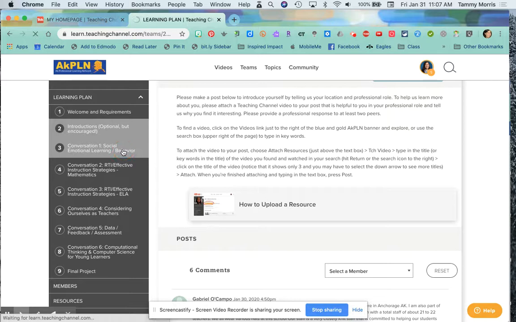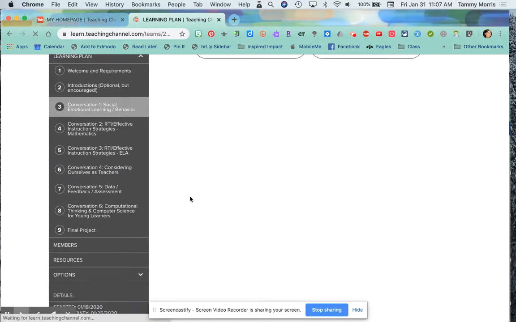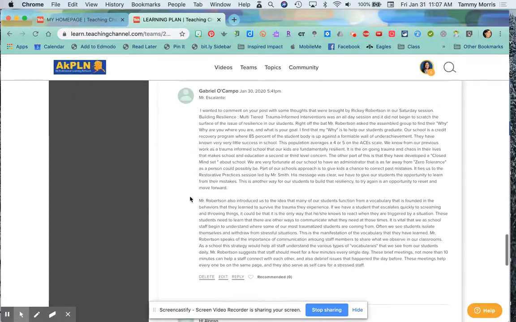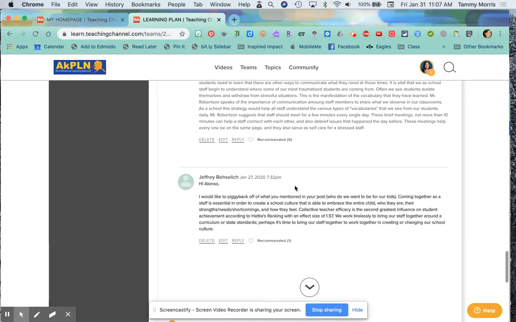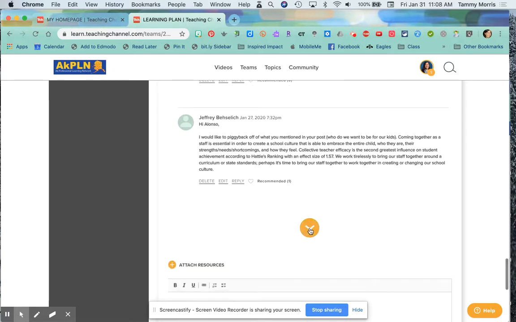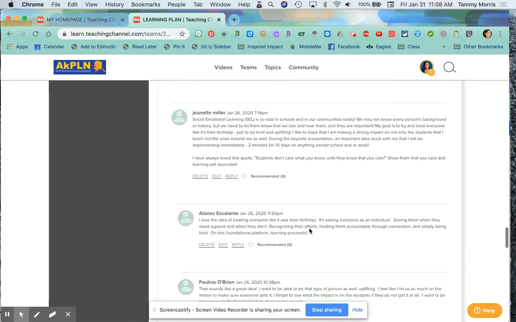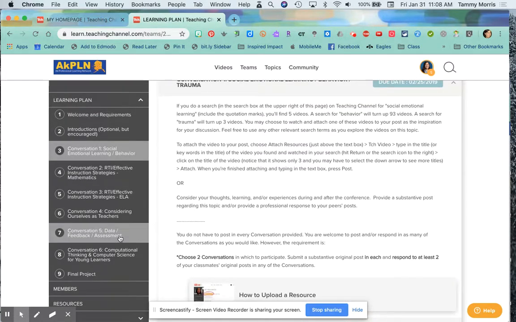So if I click on conversation 1 here, because I want to put my original post here, then I am going to scroll all the way to the bottom as soon as it loads and find the blank text box so that I can put my post here. Then I submit, and that's my original post. I can go up here and reply to someone else's post. Now, if you see this down arrow, that just means there are more posts that weren't showing. So click on that down arrow if you want to find more. So that's the requirement for discussions online.